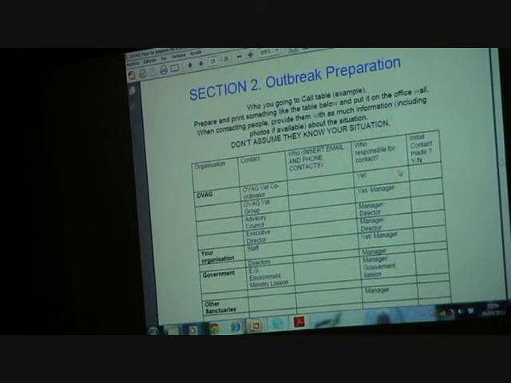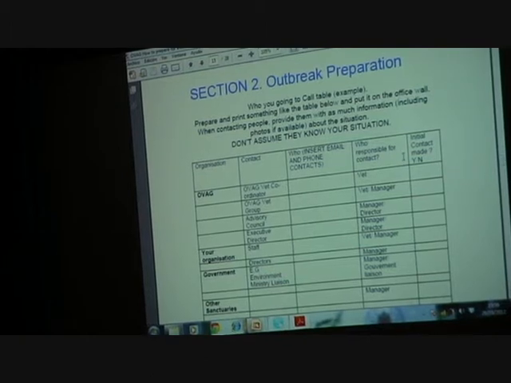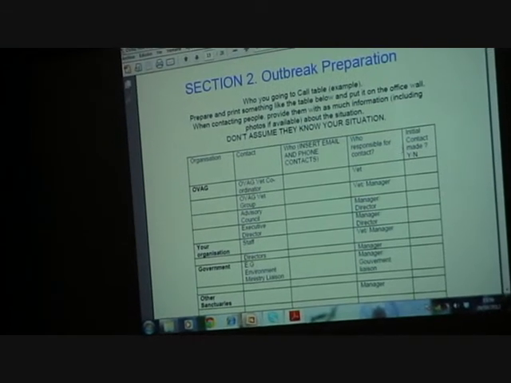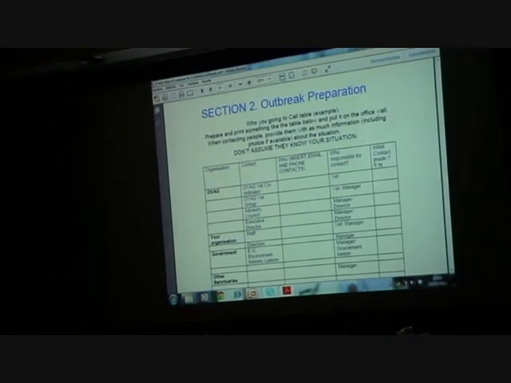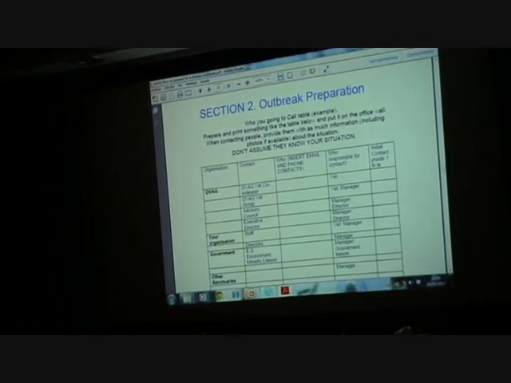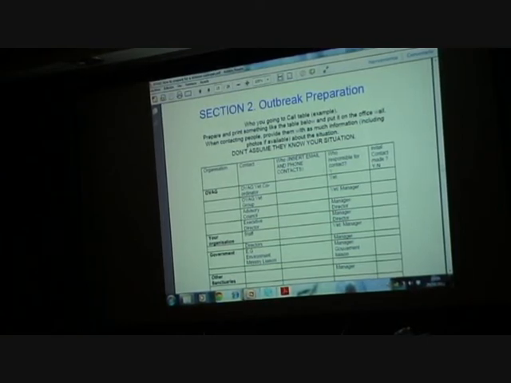The second bit is how you prepare for an outbreak. And one of the biggest things is who you're going to call. Who is going to be able to help you in your hour of need as you have animals around you dropping dead? You're the point person, you're the vet. Fix this now. What are you going to do? So by having a network, one of the first things you need to do in the project is figure out who you're going